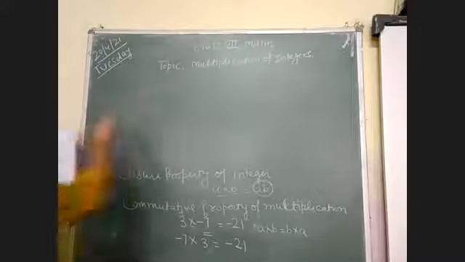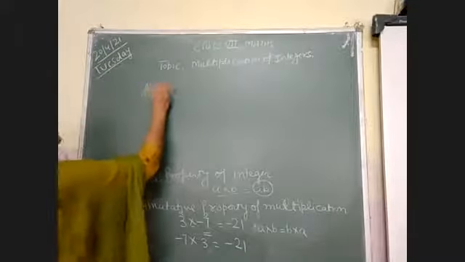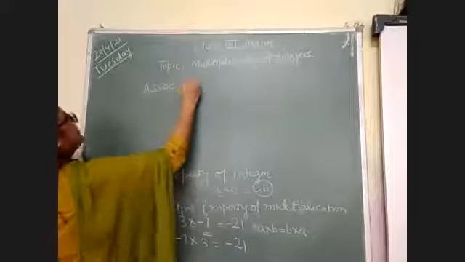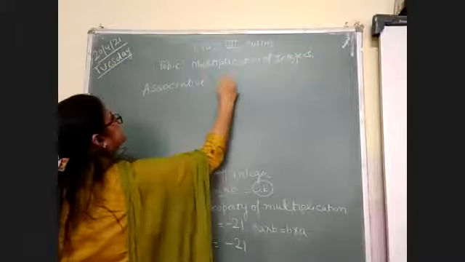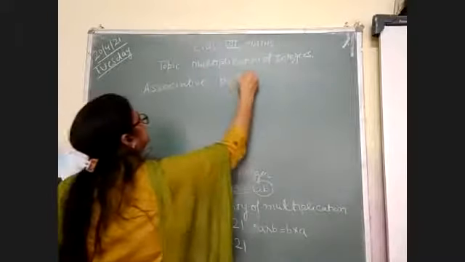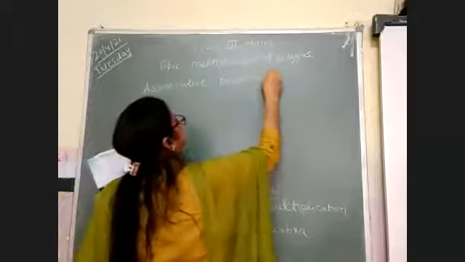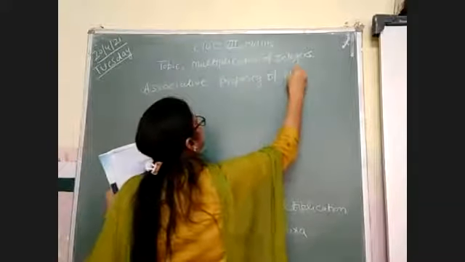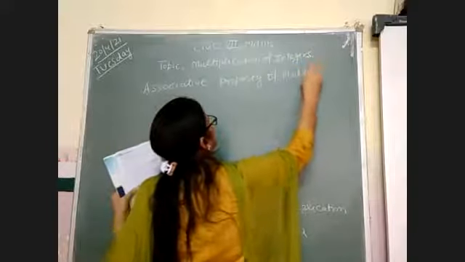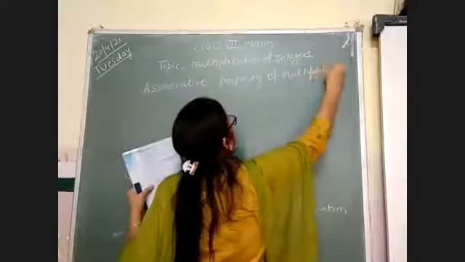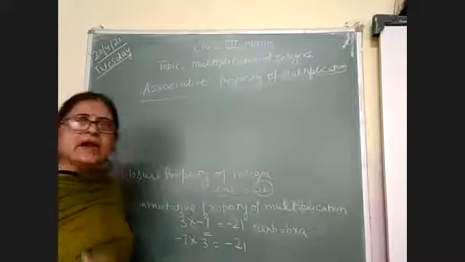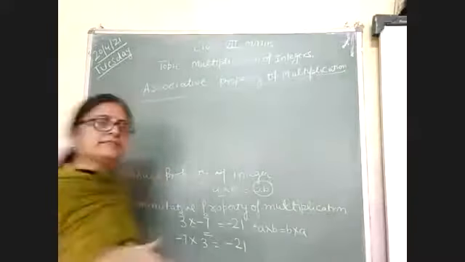And the next is associative property of multiplication. Associative property of multiplication. For example, when I am writing like this, I will take two or more integers, A,